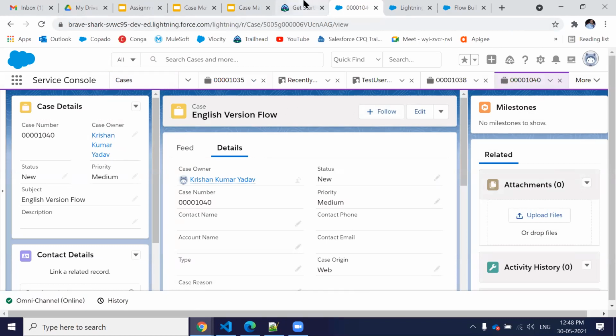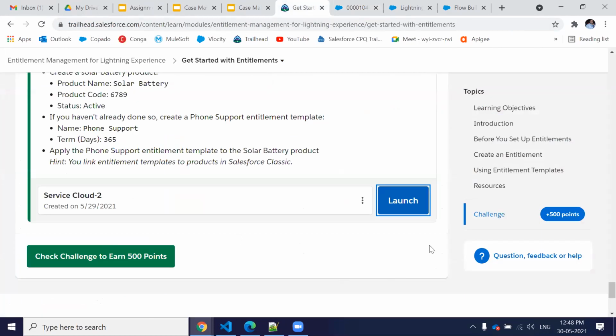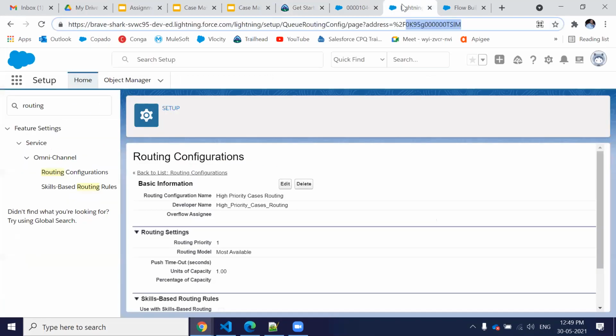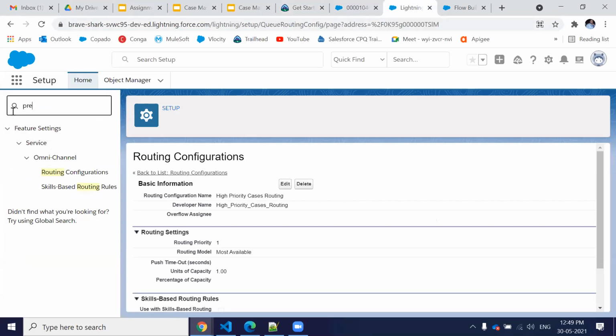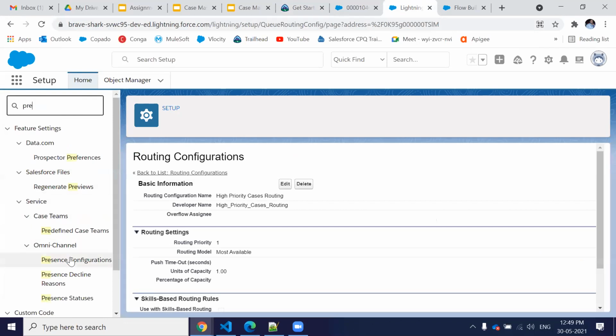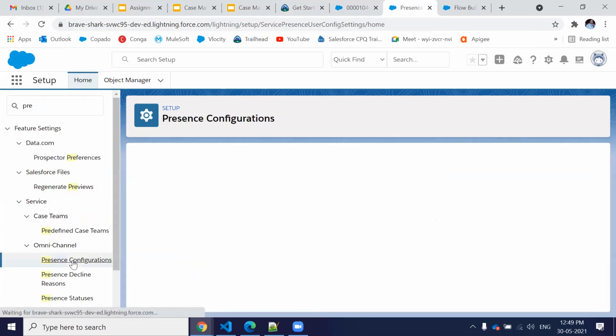But if you have created your flow, that is how you can create your flow. I think I got a message. Can you just cross check? 100% config access is given to user profile. Okay, I got one suggestion from Santosh. Let's see. But presence configuration we are not using here.